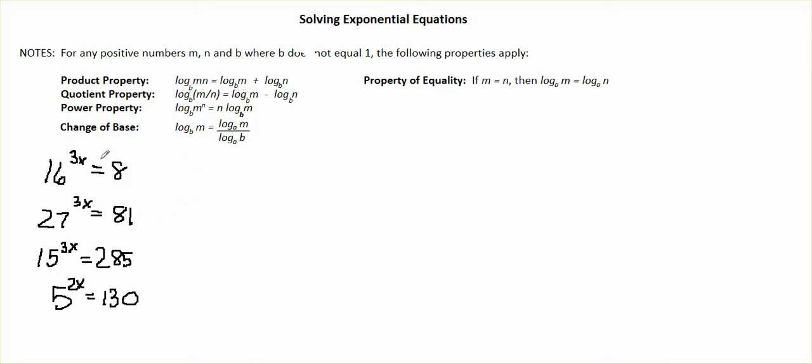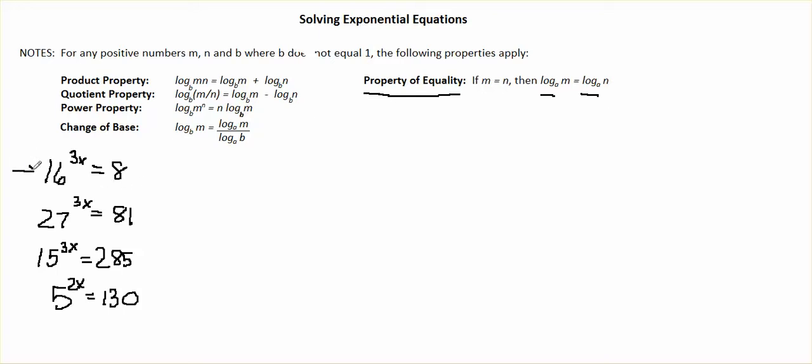So I've kept the properties of logarithms up here, and I added one more property from our last video. And that is the property of equality, and that states that if you have two things that are equal, m and n, then the log of both sides are equal as well. And I want you to notice in this property, I can't take the log of a on one side and the log of b on another. I have to take the same log, the same base, and that same base can also be the common log, log base 10. So let's take a look at solving